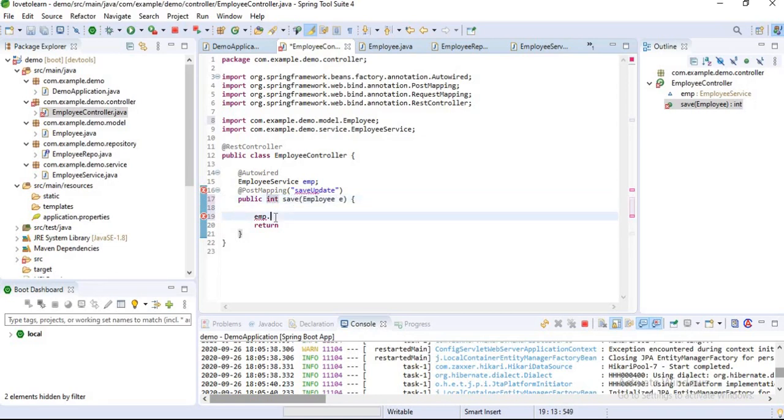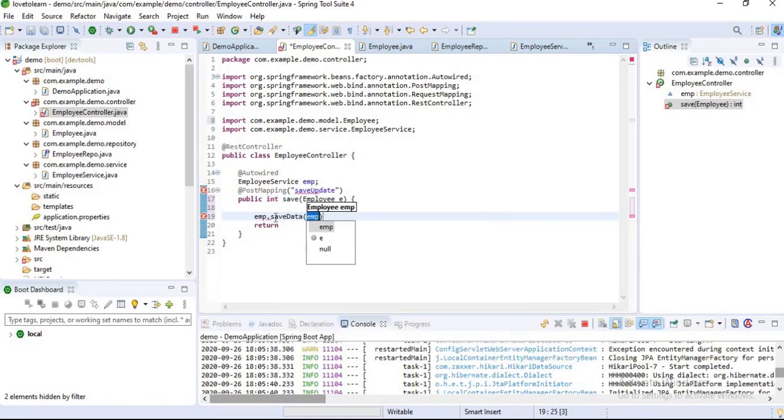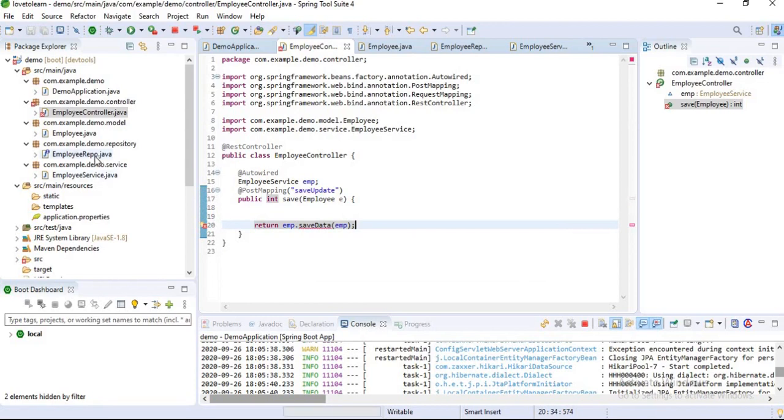Employee dot, which method do we have? Save data. Employee. Okay. You can set it as the return type also. There is no problem. And let's save it once.